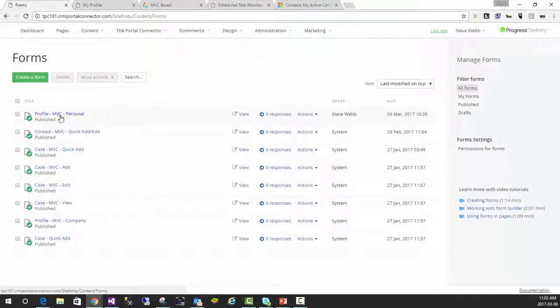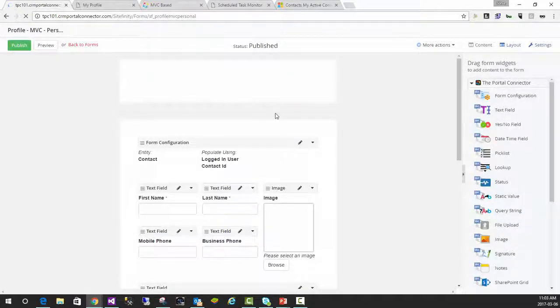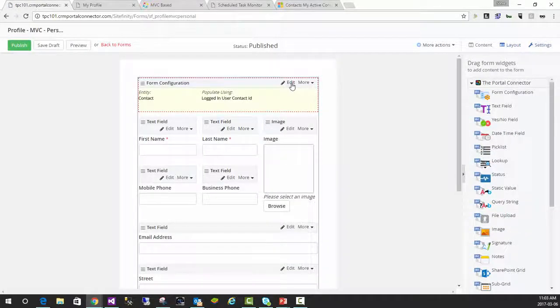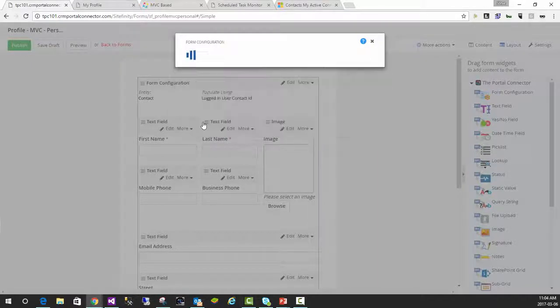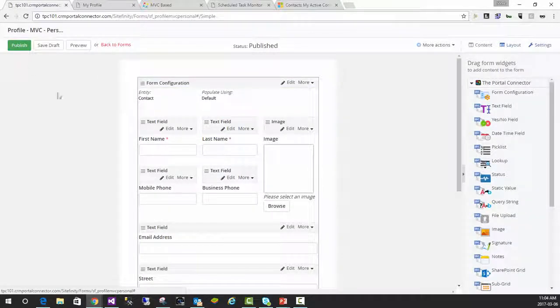So if I go to my personal MVC profile page or form that I created, and we have that form configuration, click on edit. The reason it's actually populating Jim's information is because we have this populating with a contact ID. So say for instance I didn't want to populate Jim's information, but I wanted this profile page to be populated from a grid. So if I select this and change this back to default, click on save, publish this,